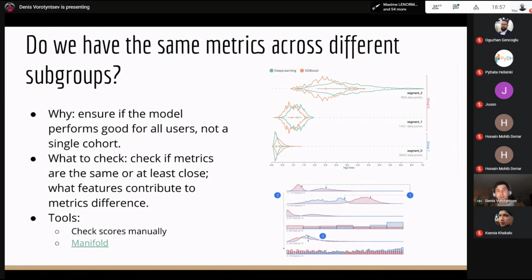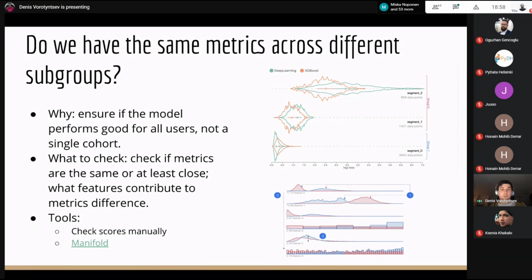Or it might be an artifact of the data set. For example, the subgroups can be different, and that's why the model just finds these differences between those subgroups, and the final results are because of those differences. In that case, if it's not because of a bias in the data set, you may just create different models for those different subgroups.